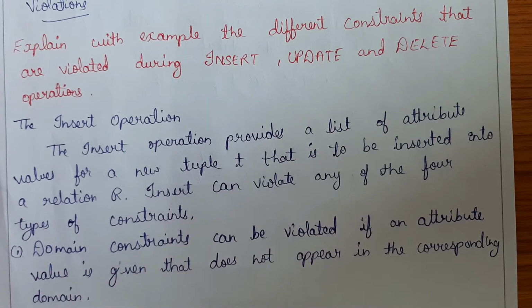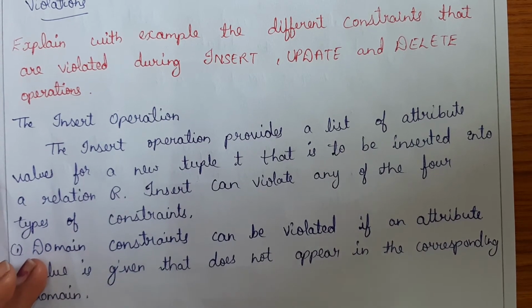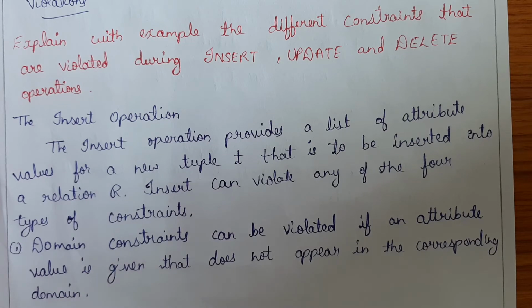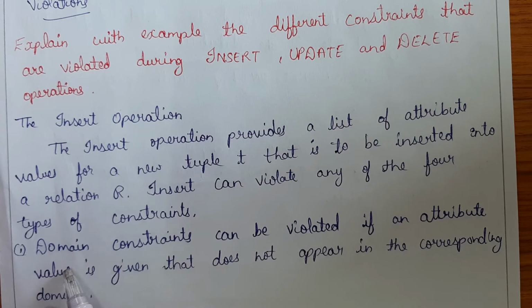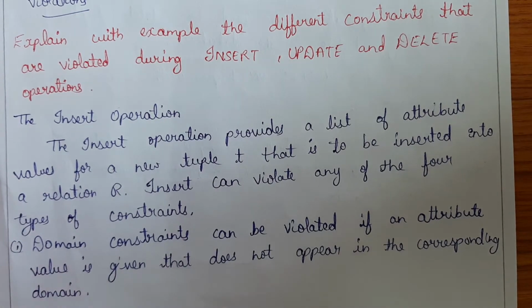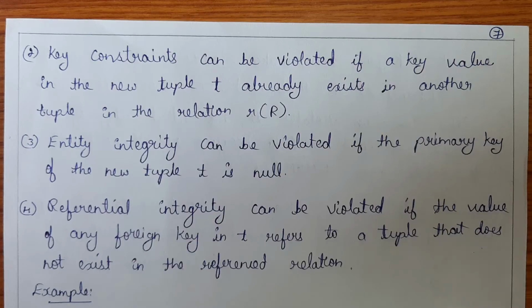That means if I want to find some name in the employee table, the name which I find should be present in the table. Then only it is going to find. If whatever name I have given doesn't exist in the table, then it cannot find those details. So while we are checking for the domain constraints, domain means the value which we are finding, first it should be present in the table. So that is one of the conditions.